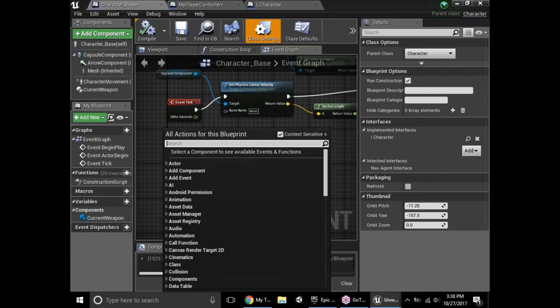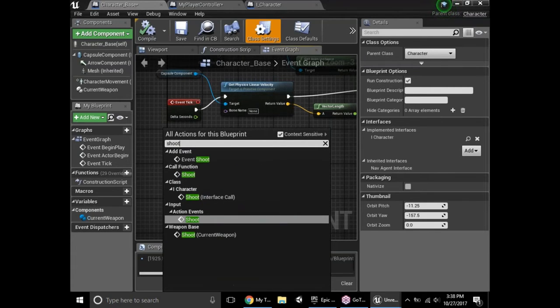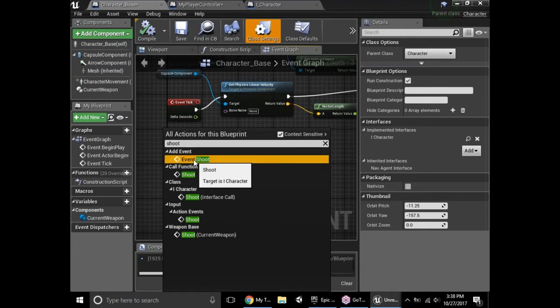So if I just go up here and type shoot, I see a bunch of different things. So there's the input action and stuff, but I want to do all my inputs inside the controller. I see the class right here is an interface call. Well, I want to actually just overload this, adding event for shoot. So we'll do event shoot